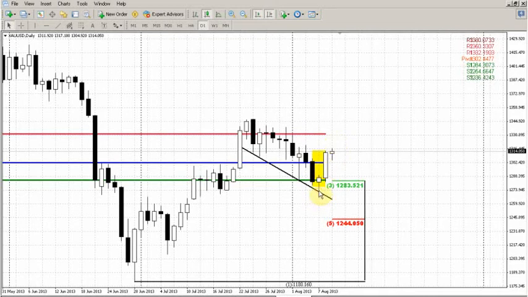What's the target of this pattern? The target usually equals the length of the bars of this pattern, so approximately we could suggest that it stands around the weekly pivot resistance 1 and previous swing highs around the 1340, 1345 area. If the market continues this retracement, then it should reach this area at minimum. We could enter long with this pattern somewhere inside the body, on some retracement inside the body of this pattern. That's our target for the beginning of the week.